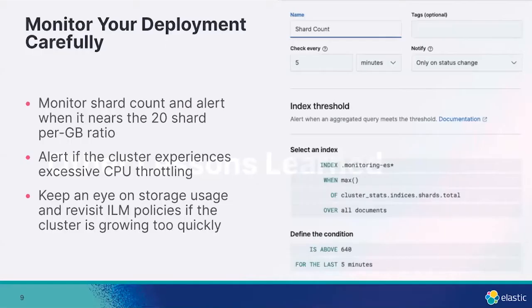We did learn a number of other important lessons. Number one is to really carefully monitor your deployment. So it's important to make sure that you're monitoring your shard count and alert when it gets near that 20 shards per gigabyte ratio. And that there are some additional challenges for,